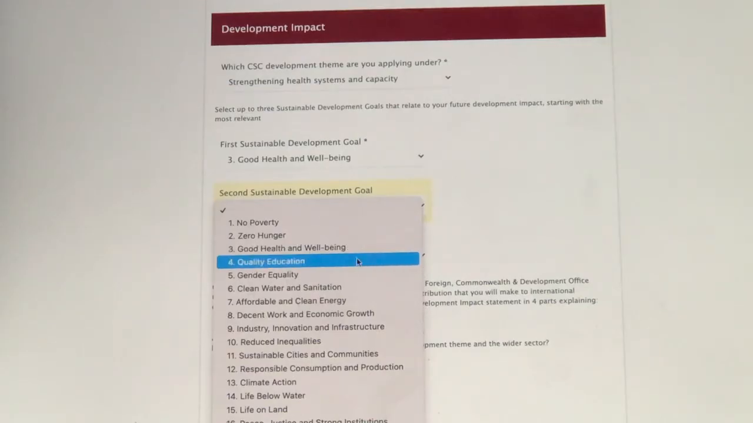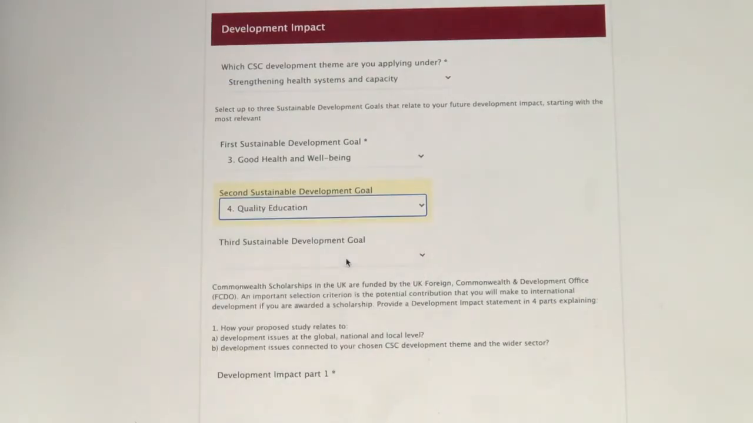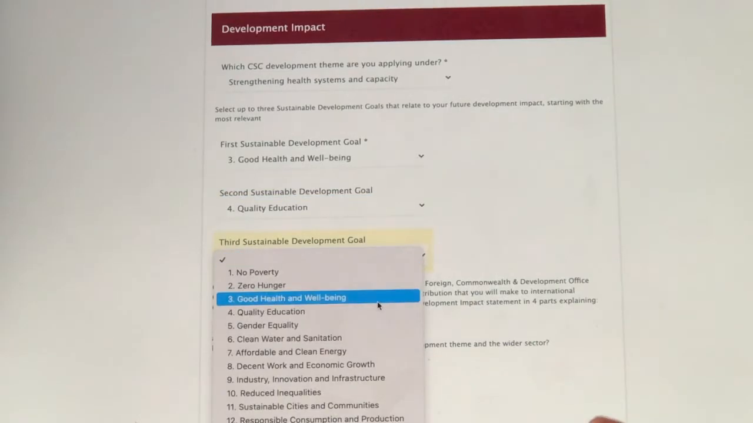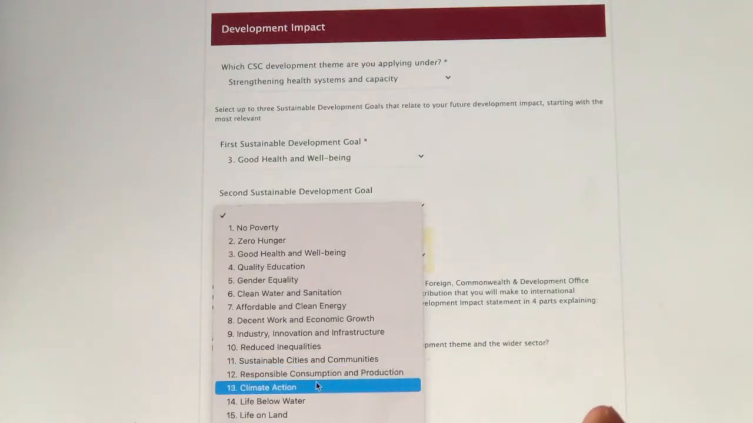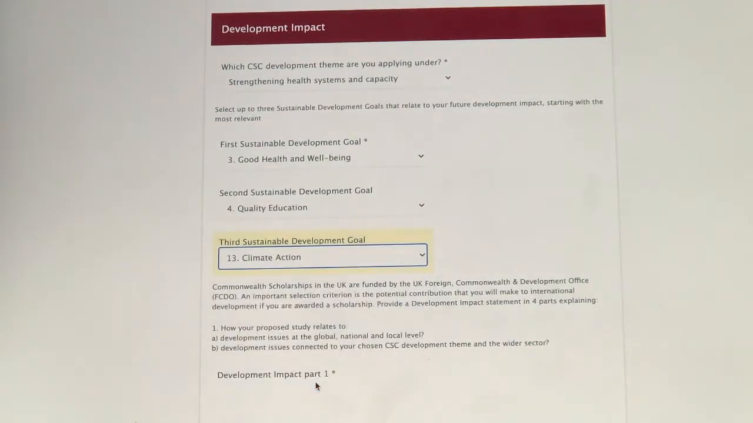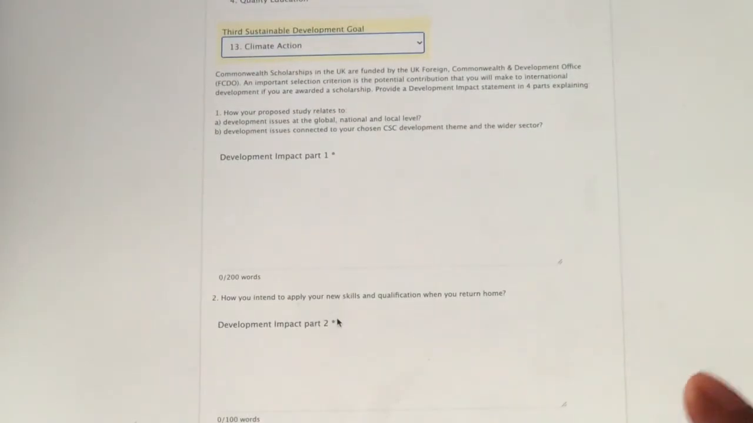For me, I love talking about quality education, and then there is something that I cannot forget in my life, because I know without it I can't survive, and I think nobody can survive. I go with climate action. So here we're going to start real work now, and the first question is,